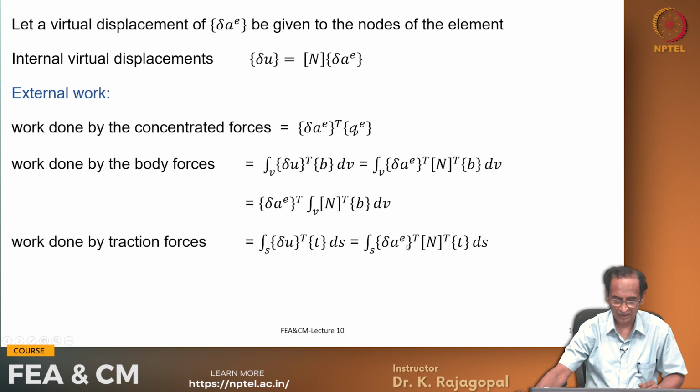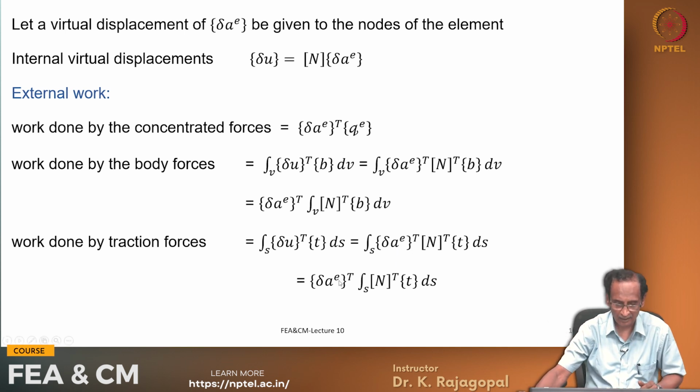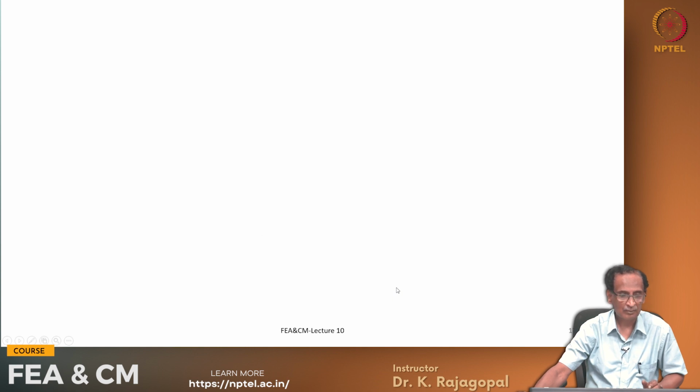So, the transpose of that is delta AE transpose N transpose T dS, and once again delta AE is constant because they refer to the displacements of the nodes. So, we can bring this vector out: delta AE transpose integral over the surface N transpose T dS, and